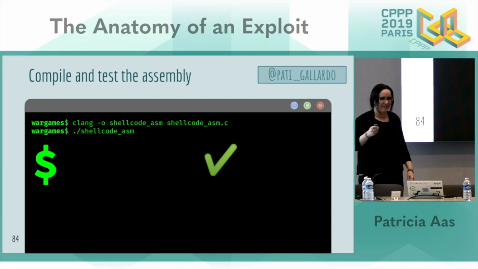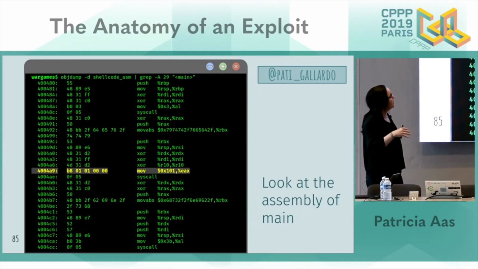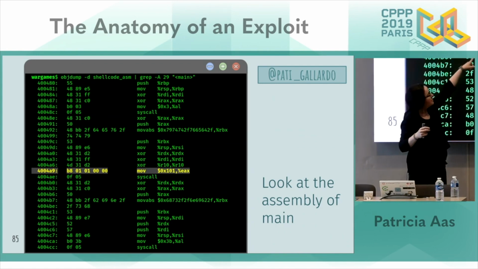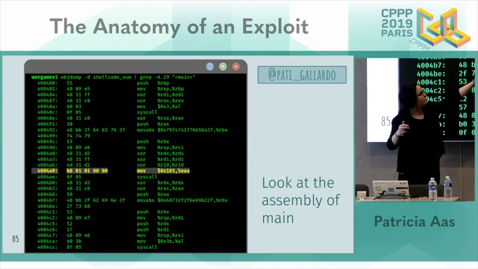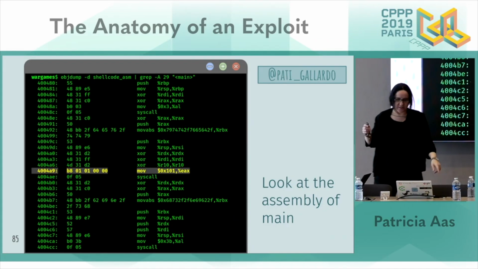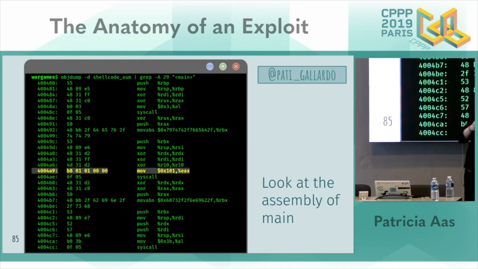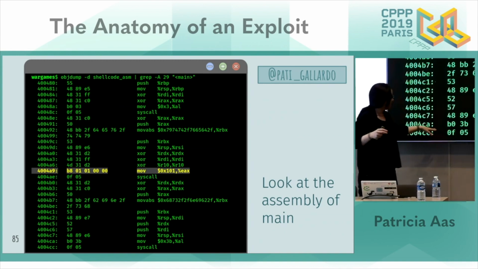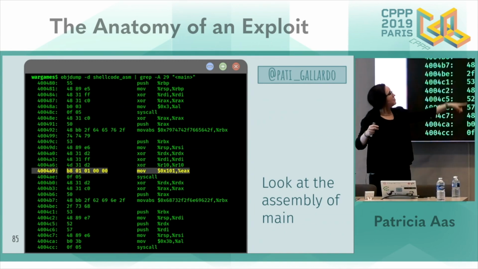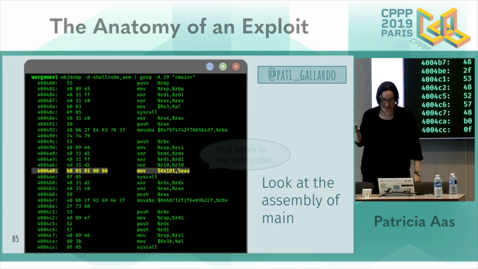So we have the assembly instructions. But when we compile it, we see that we have a problem, because we have some 0 bytes right here, because we have a move into EAX. And we can't have that. We were previously moving into AL, which gives you instructions with no 0 bytes. But the moment you start moving into EAX, we get 2 0 bytes right there. So how do we fix that?